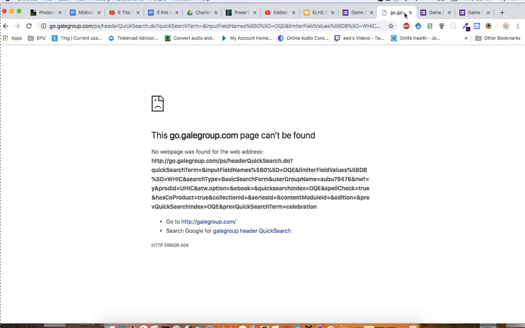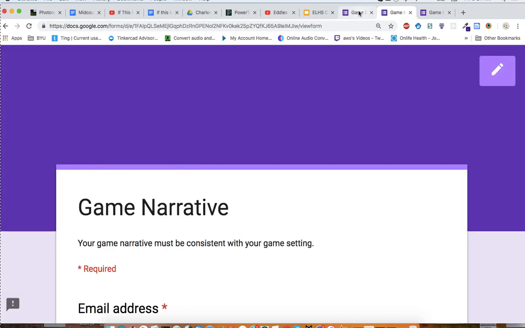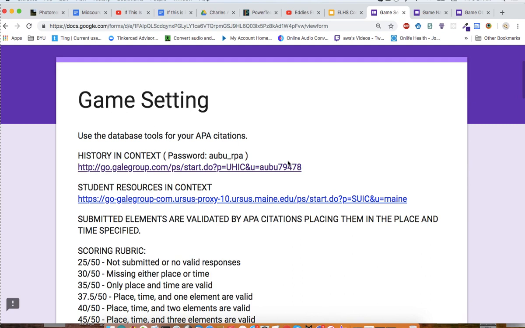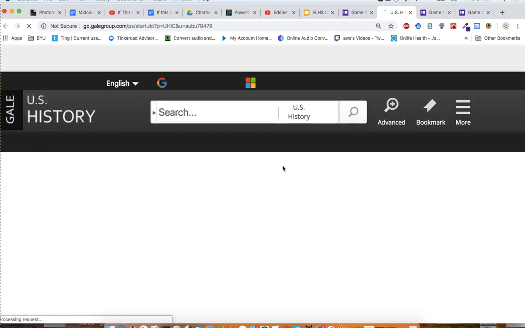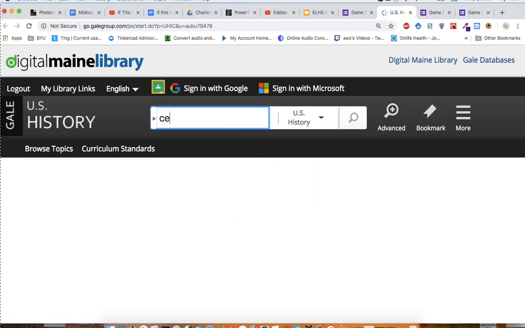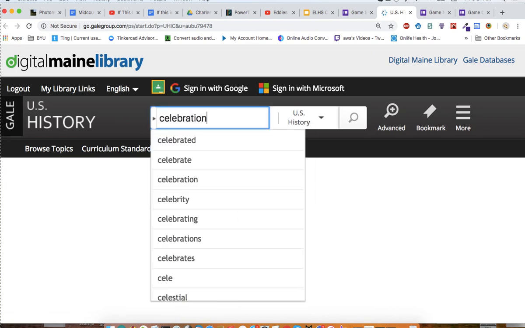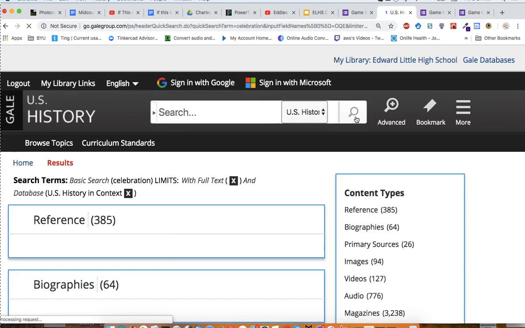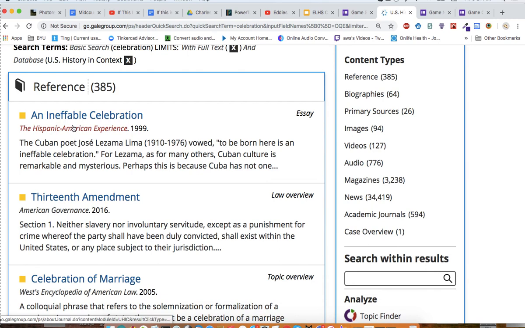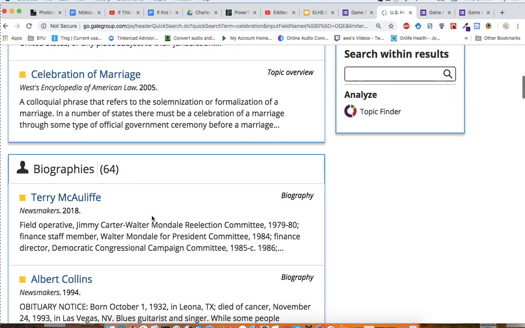Let's see what I can get here. Whoops. Let me go back and make sure my login is valid here. There we go. Now I'll go in here and type in celebration and search. Okay, there we have celebration right here, an ineffable celebration, another celebration, celebration of marriage,